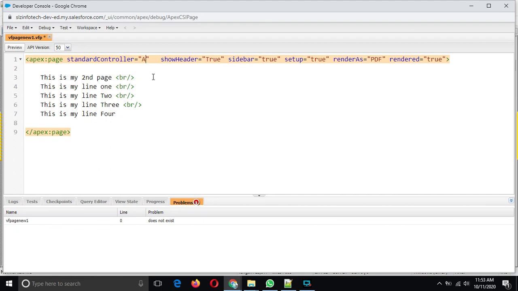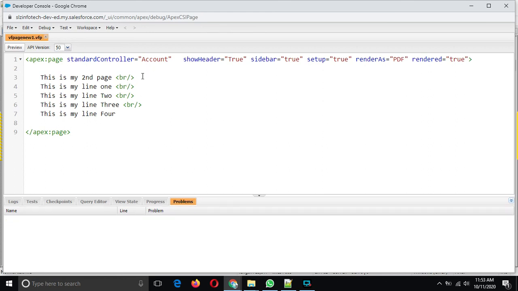Suppose Account. If you want to access standard features or account records in the Visualforce page, in that case we use the standardController and the sObject name. Okay.